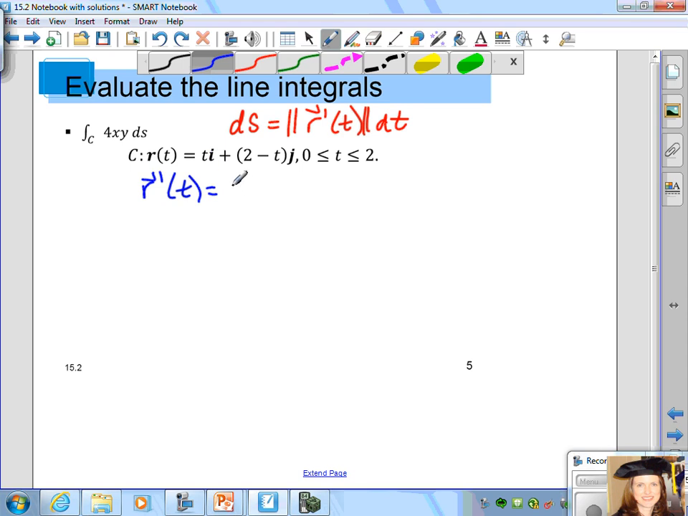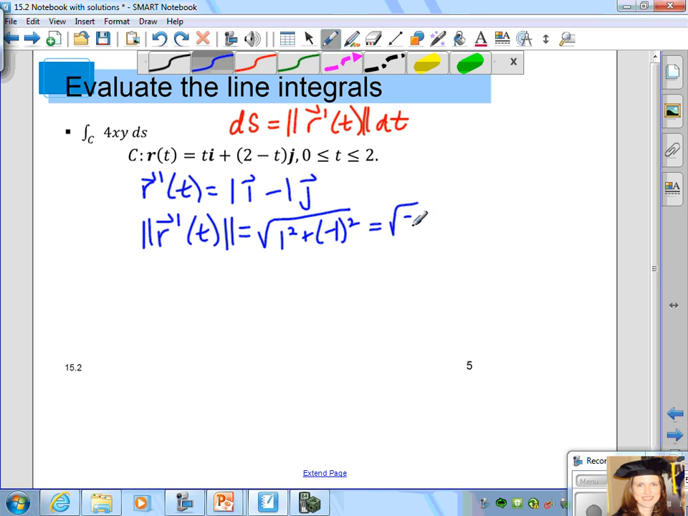The derivative of t is 1, so that's 1i, and the derivative of 2 minus t is negative 1j. Now if we take the magnitude of r prime of t, we find that by taking the square root of each of the components squared and adding them together. In this case, we get the square root of 2. So this line integral